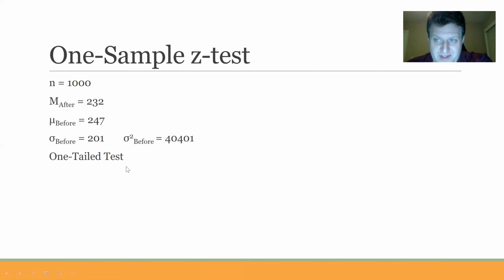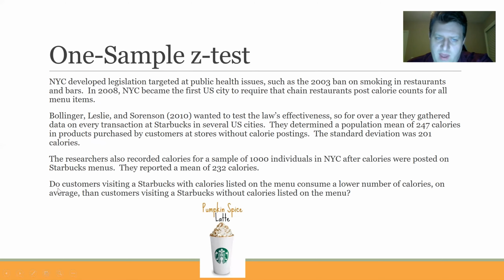This is a one-tailed test. Why is it a one-tailed test? Well, here we have the prediction. Do customers visiting a Starbucks with calories listed on the menu consume a lower? Lower denotes that we have a hypothesis. We're hypothesizing